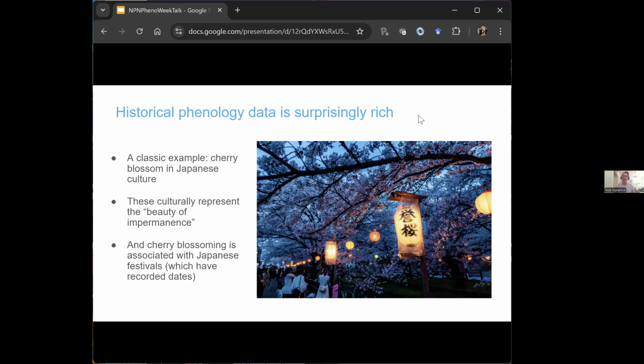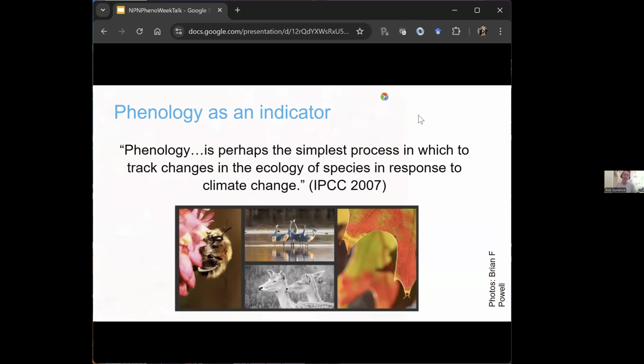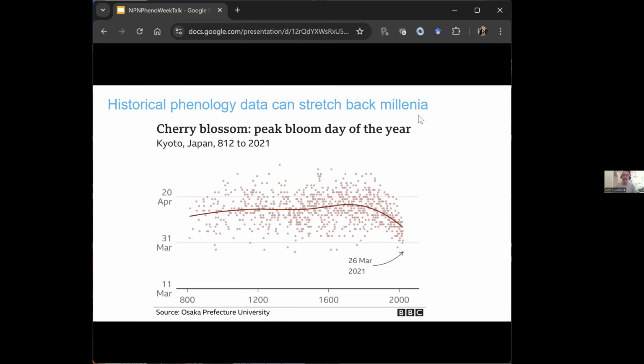We have our own cherry blossom festivals here, and many of you I saw in chat were interested in cherries. And these are usually held at peak flowering. And these events were recorded by diarists and authors. And from these data, we can assemble amazing timelines of cherry blossoming. And here what we're looking at is 1,000 years of data, which is mind blowing, right? We can see this huge record for the blossoming of cherries in Kyoto based on the timing of these festivals,